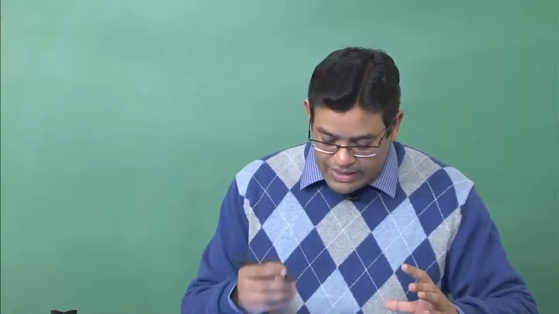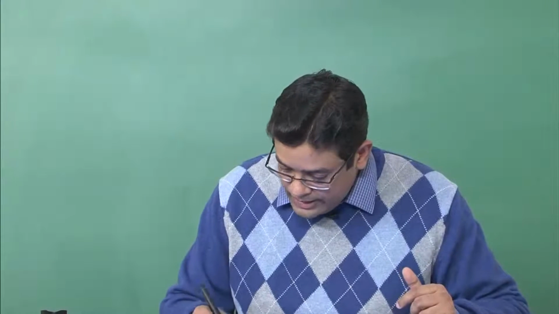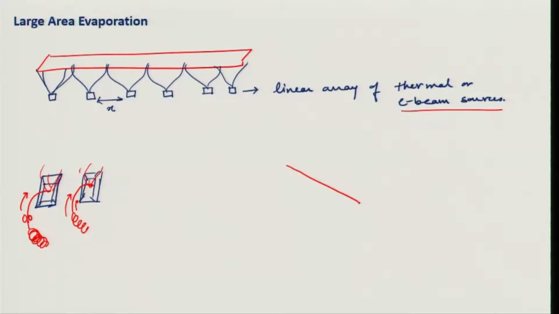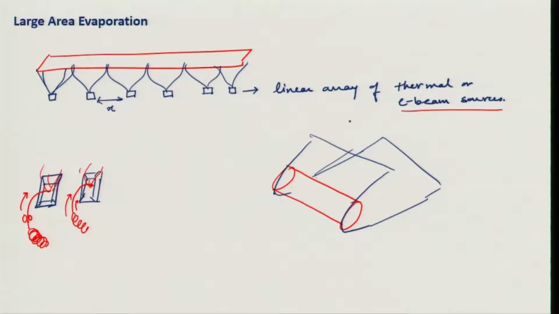So, for such cases what you have is a drum, which is usually water cooled, on top of which you have your plastic substrate which is moving like this. Okay. So, it is being fed from here, pulled from here. So, it is moving like this, and you can place your sources